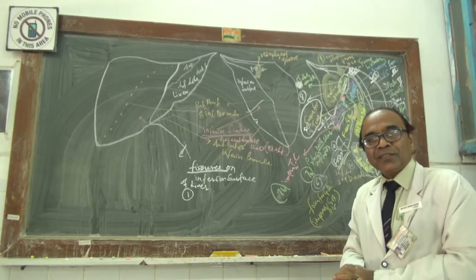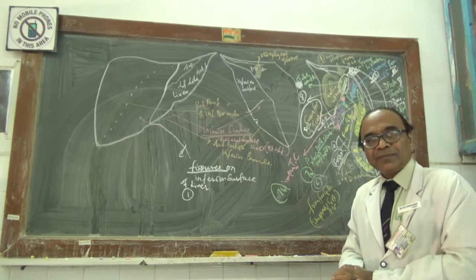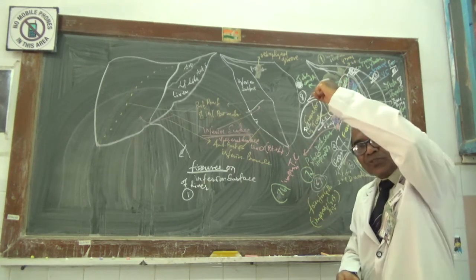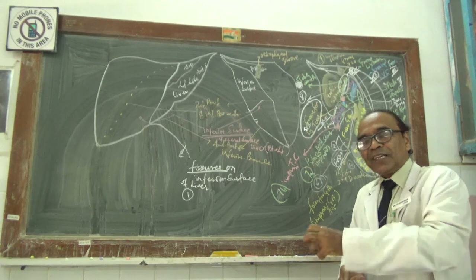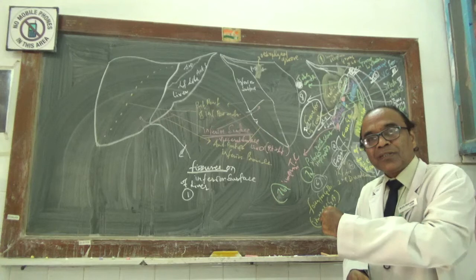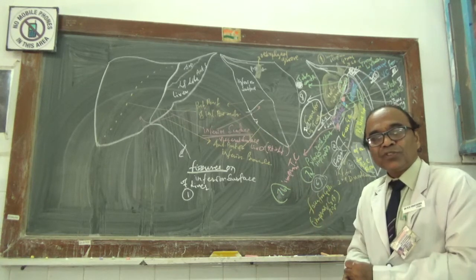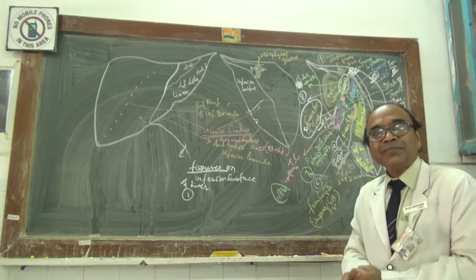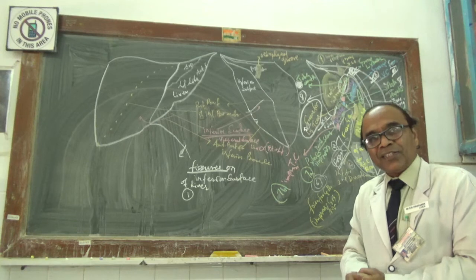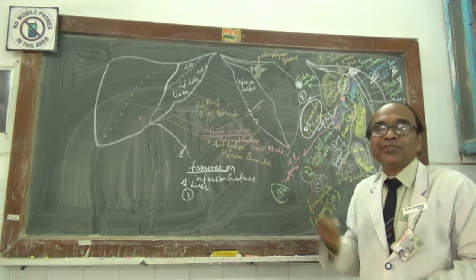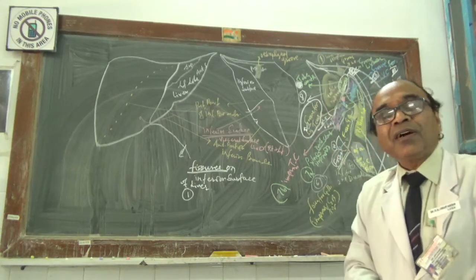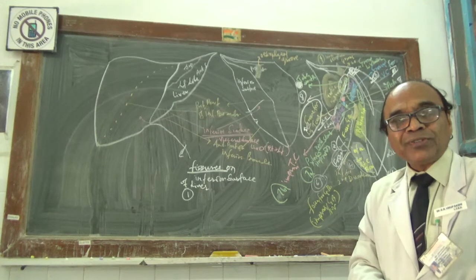Then the superior coronary ligament will pull the liver upwards and towards the right. The right triangular ligament will pull the liver upwards and a little downwards to hold it on the right side. Then the inferior layer of the coronary ligament on the right will pull the liver backwards and upwards. The right triangular ligament will pull the liver backwards and a little downwards.